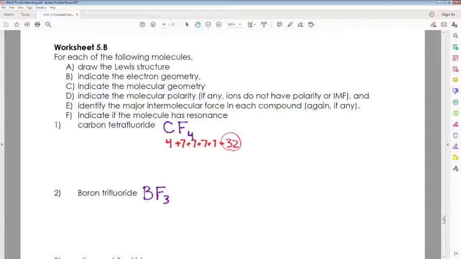So here, the next step, after we know how many electrons we have to work with, we're going to arrange our elements, and that means we have to choose which element is going to be in the center, and it's generally going to be whatever we have one of, or the least electronegative element, so the farthest away from fluorine, because fluorine is the most electronegative element on the periodic table, which is handy for us. That means it's definitely going to be the carbon, and down here it's going to be the boron in the center. And then we're going to be putting those 4 fluorines around the carbon,